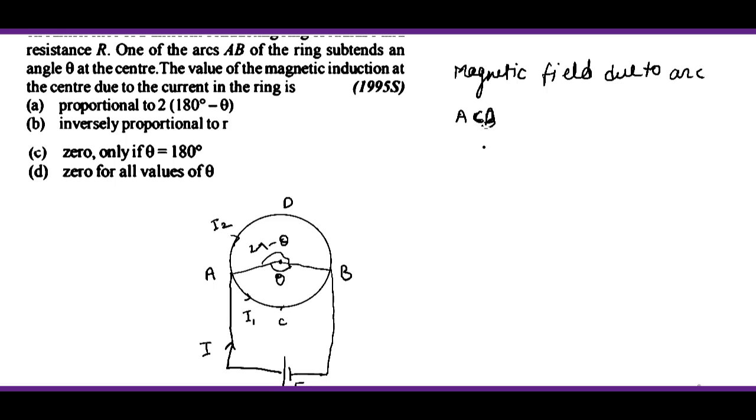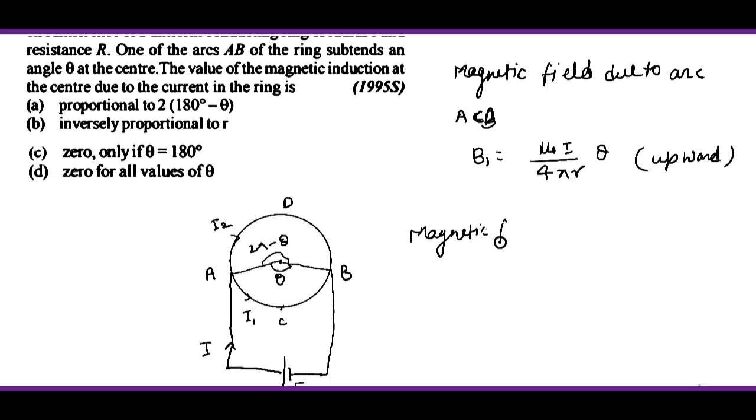उसकी वैल्यू B1 मान लेते हैं, B1 इक्वल्स टू μ₀ I1 थीटा अपॉन 4πr, ये वैल्यू होती है। और ये अपवर्ड डायरेक्शन में आएगा। अब जो दूसरा सेक्शन है, आर्क ADB, इसकी वजह से कैलकुलेट करते हैं।